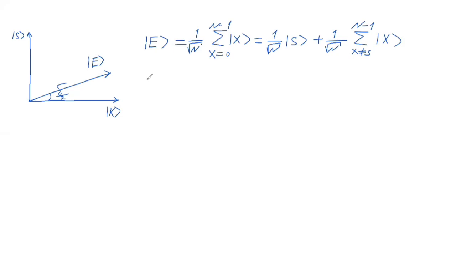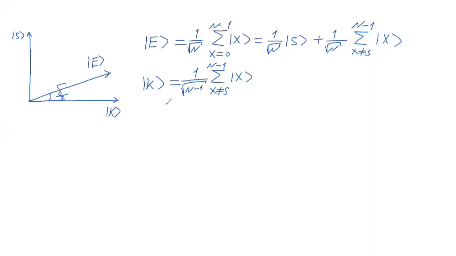Vector k, by definition, was a unit vector that corresponds to all non-solutions. So the sum will be the same, x not equal to s, ket x, up to n minus 1, and the normalization factor here was 1 over square root of n minus 1,